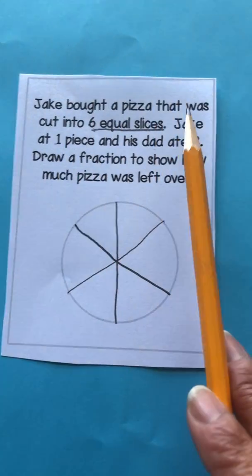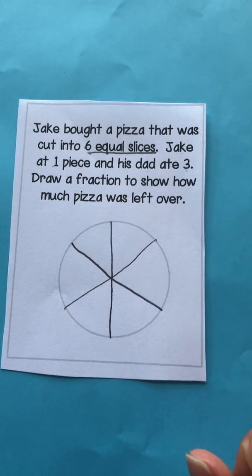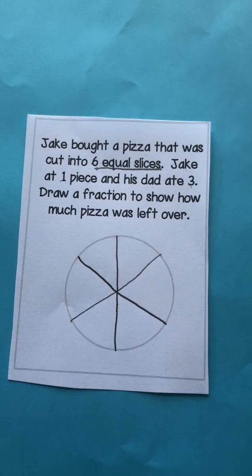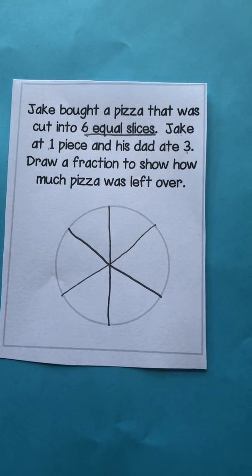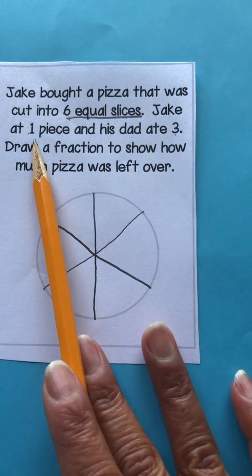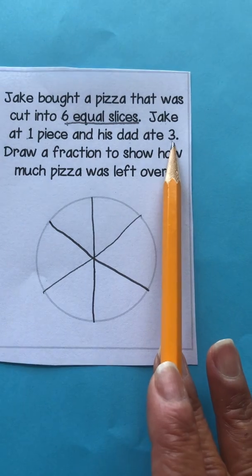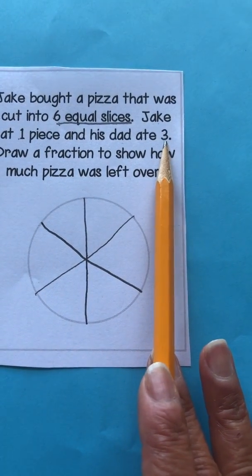He ate 1, his father ate 3. If you said 4, you are correct. But if we're going to say it in a fraction form, 4/6 of the pizza has been eaten by Jake and his father. So you have 1/6 here for Jake, 3/6 here for dad, and if we add 1/6 plus 3/6, we get